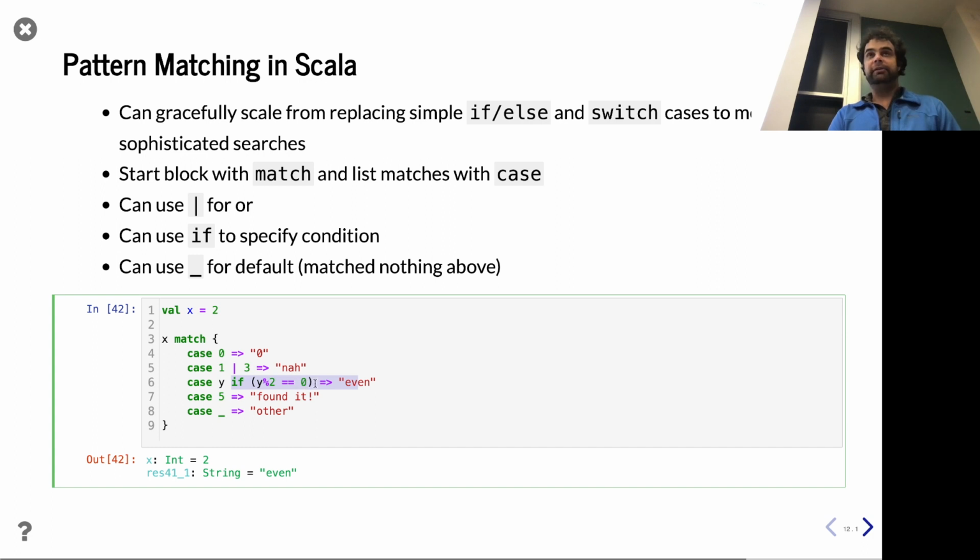And you can do more ifs and ands, whatever you want. You can have direct matches like we had before. Sure, we can have 5 and say found it. And then, of course, you also can have a default case, like that's not covered by anything above. So this is showing it for a numeric type, like you might see. So for example, languages like C have this,